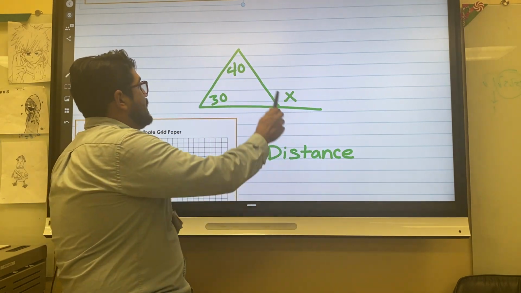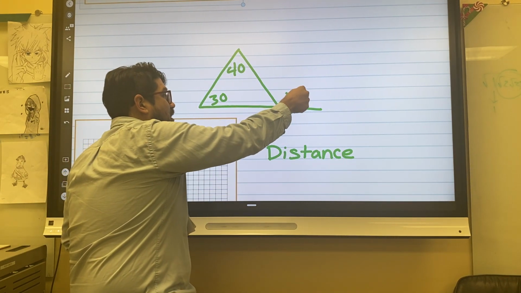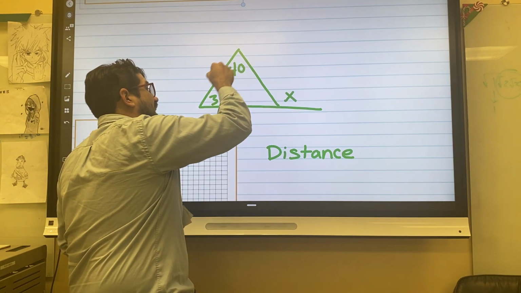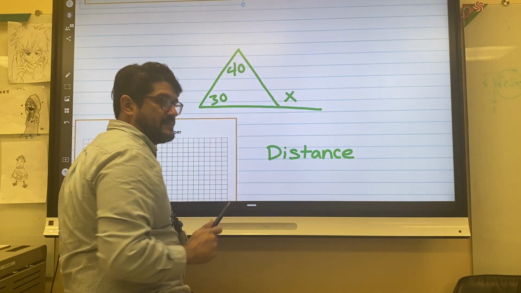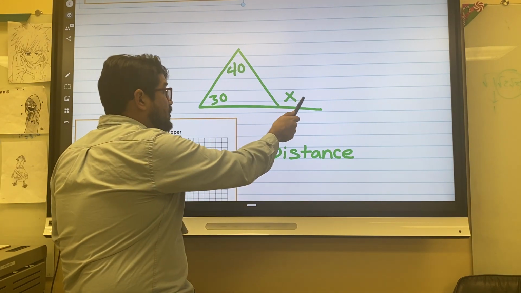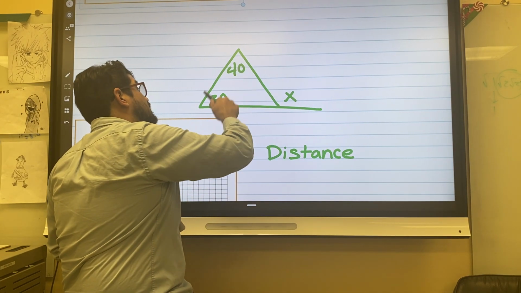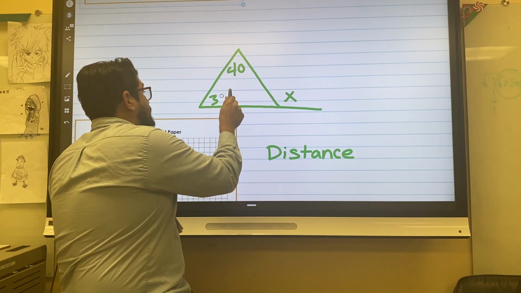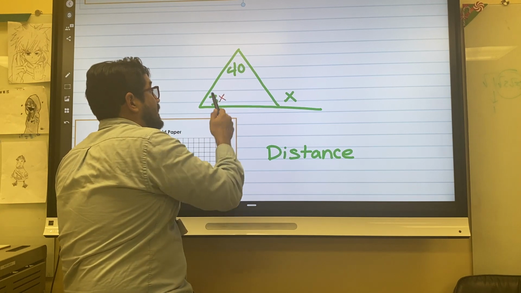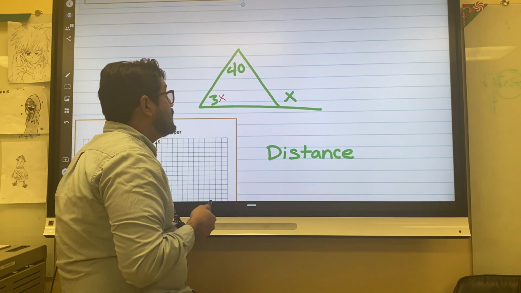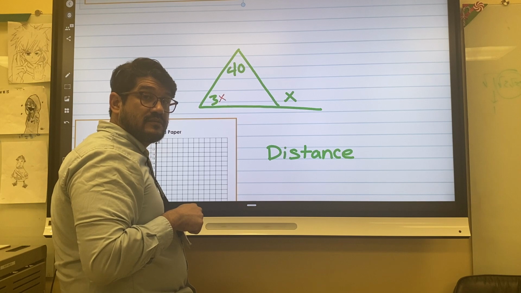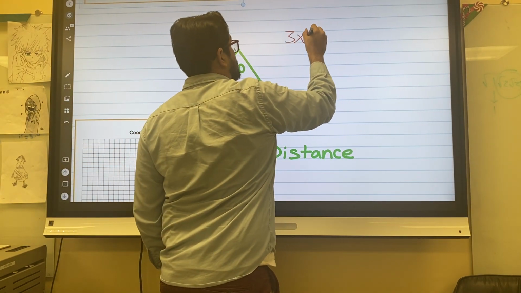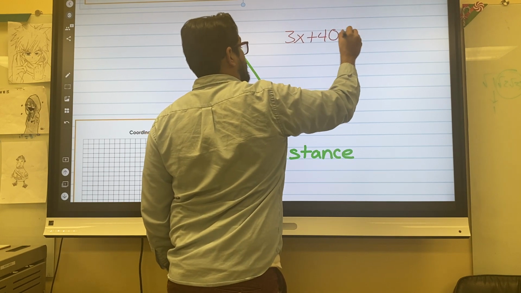So these two angles add up to that angle. So I know that x equals 70 because if I add these up, it equals 70. So the exterior angle is the sum of these two angles. It is not touching. So if I do something like 3x equals this, right? You're like, oh, well, now it's impossible. No, it isn't. 3x plus 40, 3x plus 40 equals,